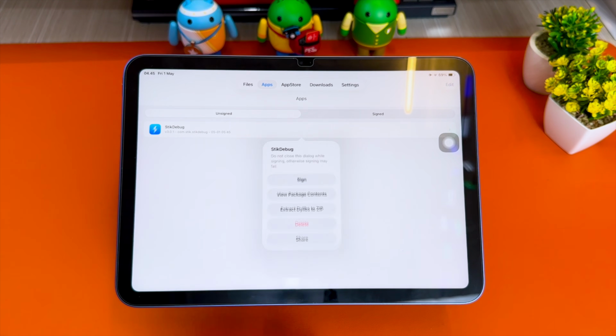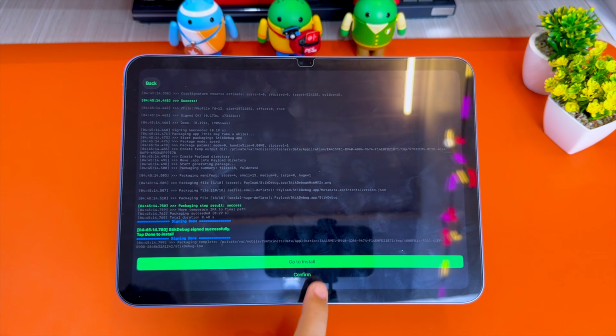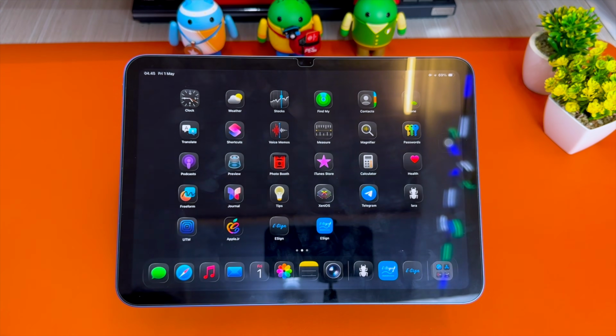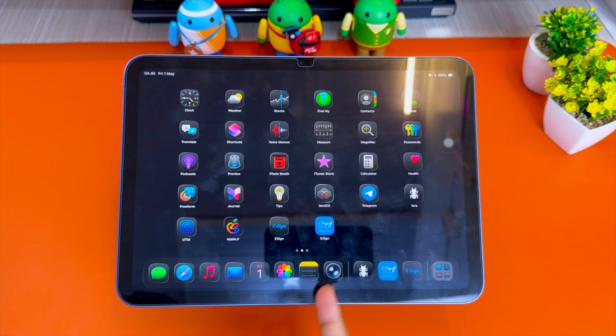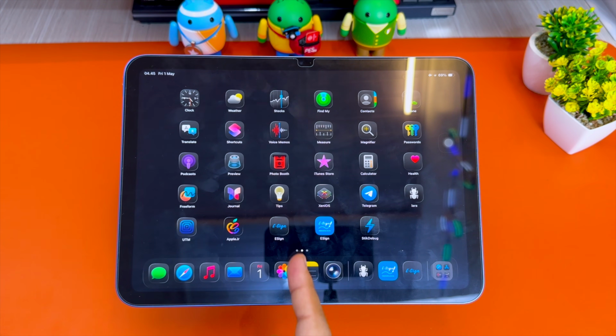Once the IPA is imported, tap on the app icon inside Esign. Now tap Sign. Wait a few moments while Esign signs the app. Once signing is complete, you will see the option to install. Now just wait until it finishes, and your app is ready to use. So that's the new Esign iOS